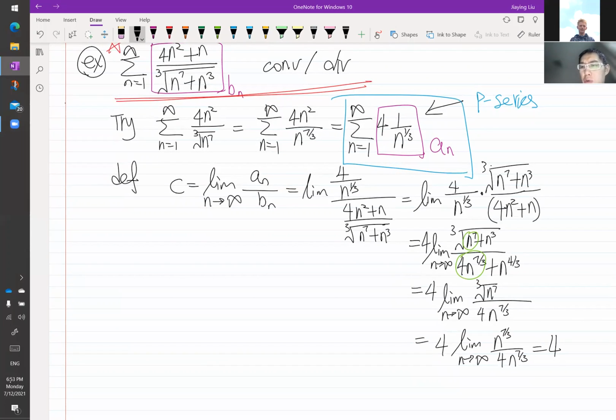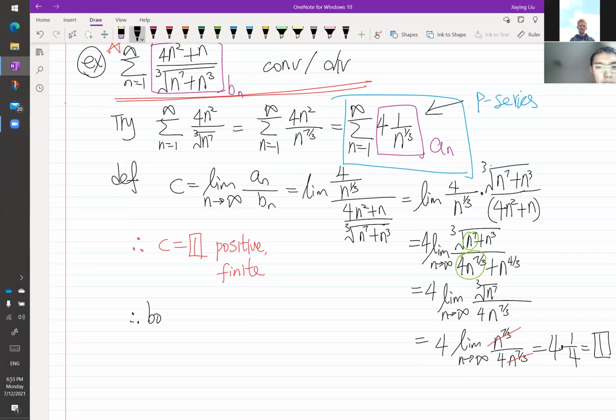So we end up with 4 times the limit of 1/4, so just 1. Oh, that's not too bad. I'm lucky to get this right, I think. Double check. So this term and this term cancel, giving you 1. Right. So we end up with 1 as a value for C, which is positive and finite. If that's positive and finite, that means we can apply this comparison test,